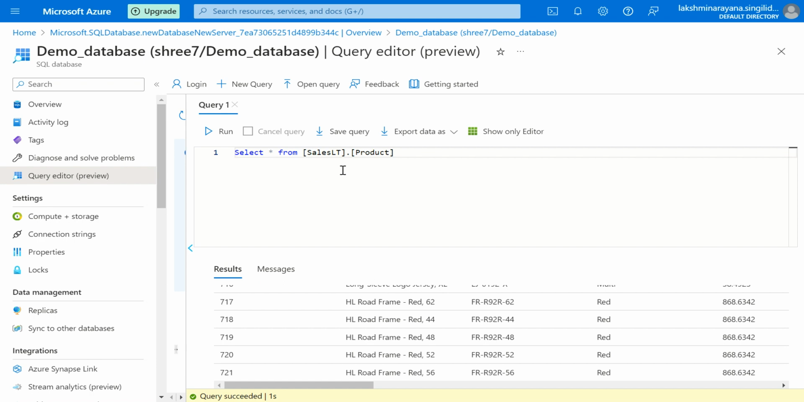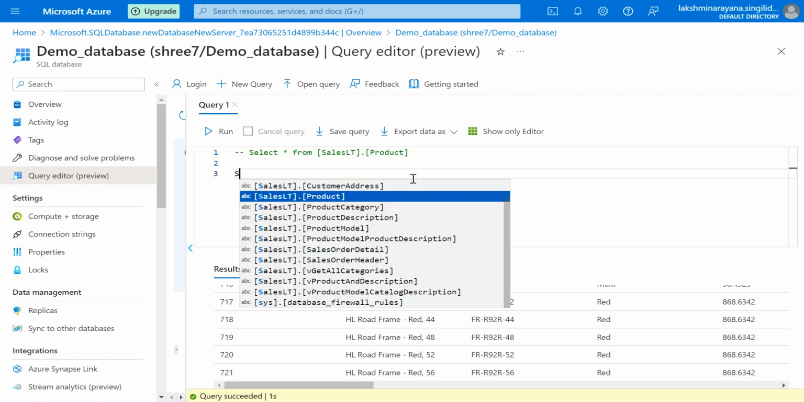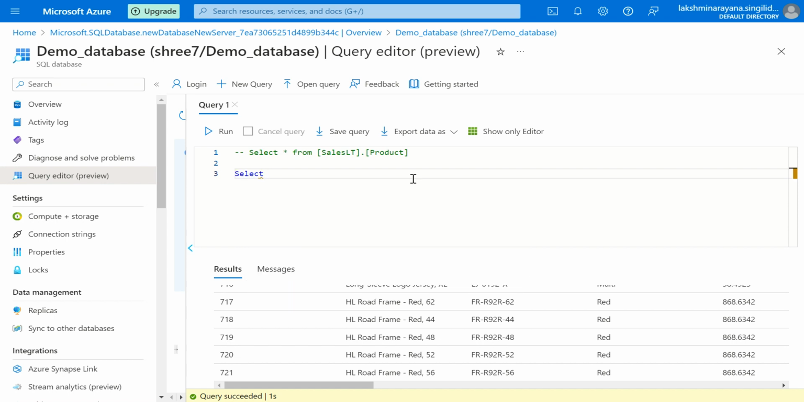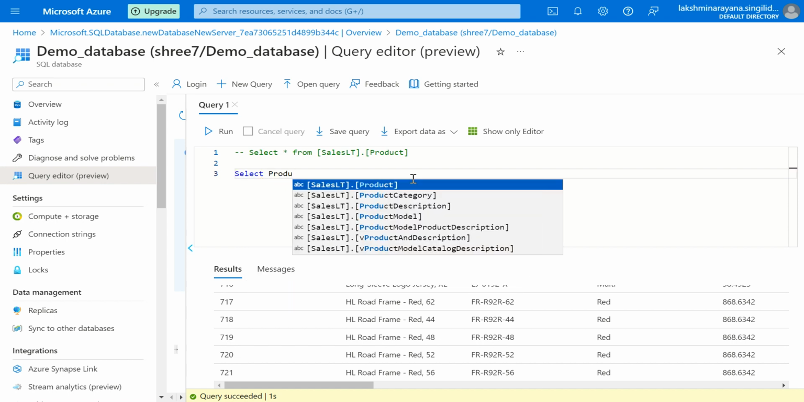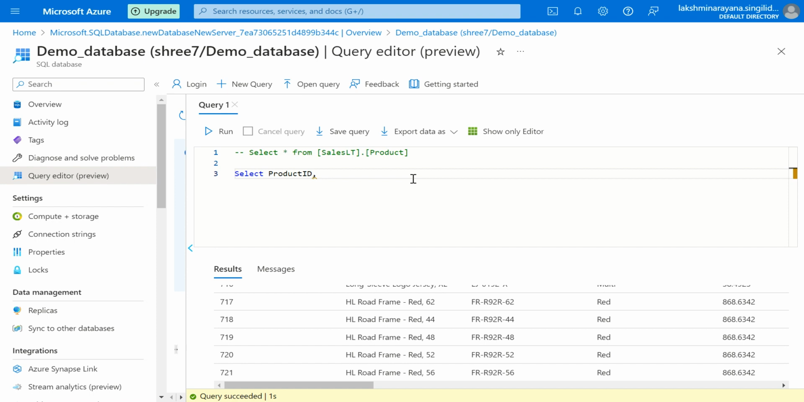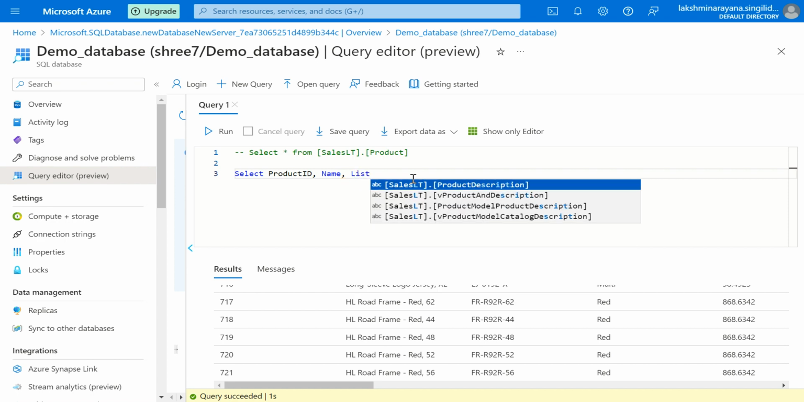Now go for another query, which is on product ID. Now I'm writing another query. I just commented out this value. Now go for another query. Now I select product ID, now the name, next list price,